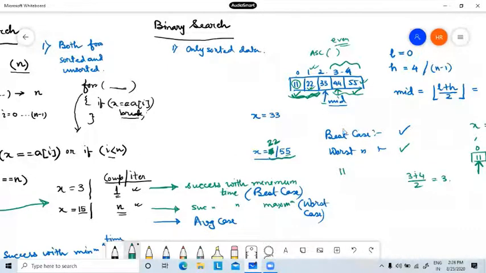If I am searching 22, am I comparing it with 44 or 55? No.